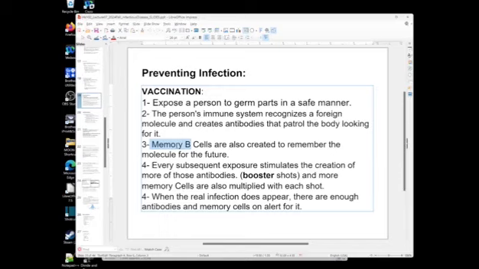If the first infection or the vaccination triggers thousands of antibodies to be produced, then the second infection triggers hundreds of thousands of antibodies to be produced, and then the third infection triggers millions of antibodies to be produced in a short amount of time. So every subsequent infection or every subsequent booster shot of the vaccine leaves more and more memory cells to hang around for the near or distant future, and so the antibody response is greater and faster each time, and sometimes that's what it takes. Some vaccines are one and done,